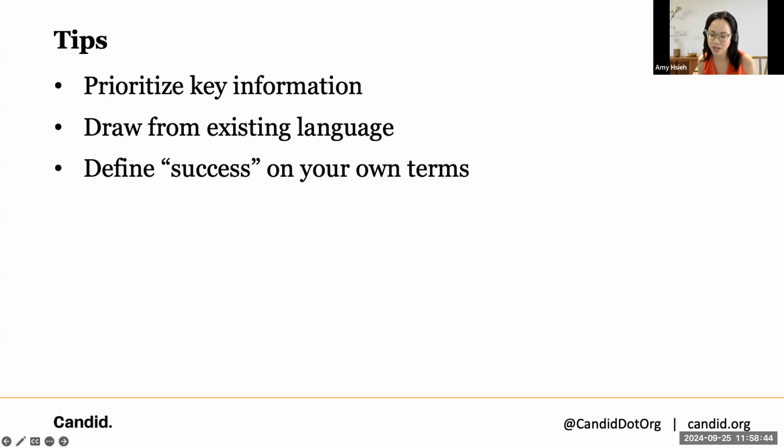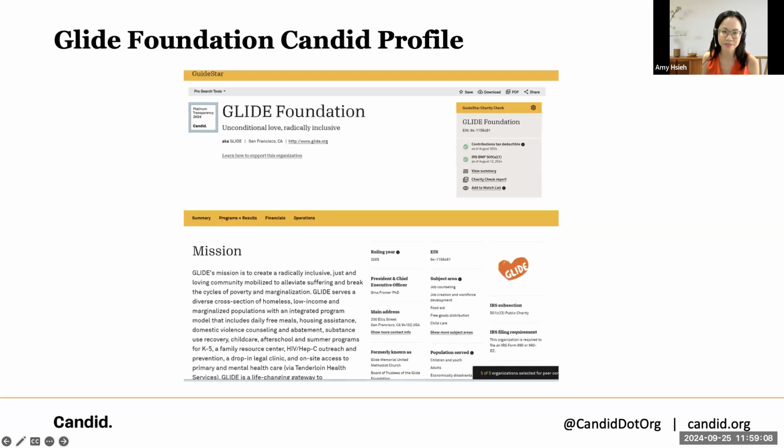My name is Amy Shea. I'm the Senior Director of Institutional Partnerships at the Glide Foundation. I'm also a board member of a very small organization based in Los Gatos, California, called the Eating Disorders Resource Center. And I also teach grant proposal writing at Cal State East Bay's Nonprofit Management Certificate Program. If you could move on to the next slide, please.